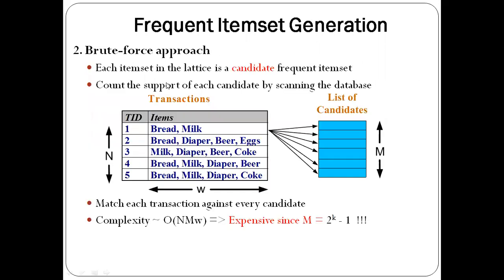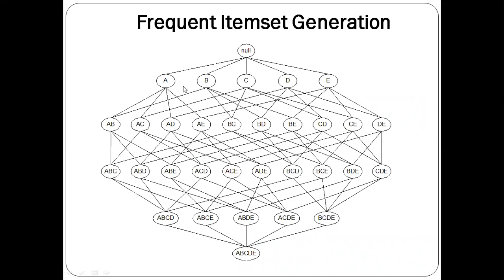Okay, so now coming to the second method, that is the brute force approach. Again, in the brute force approach, we will be generating the candidate frequent item sets here. So we will be finding the candidate frequent item sets. The method which we will be following here is that we will compare each of the candidate item sets with the transactions. Okay, if it is present, then we will be incrementing the support count of that candidate item set. Candidate item sets are nothing but, see this example, A, B, C, D, E, those are candidate item sets.